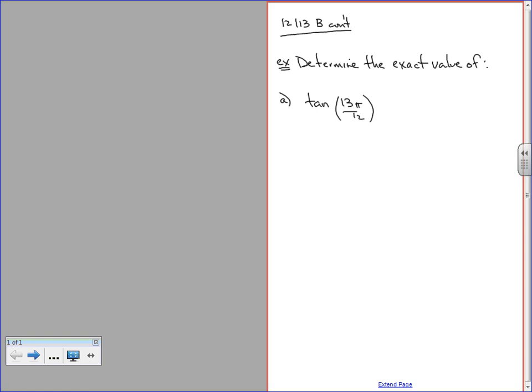Guys, quiet down please. On Monday, to determine the exact values of any trigonometric ratio where the angle is over 12, then there's